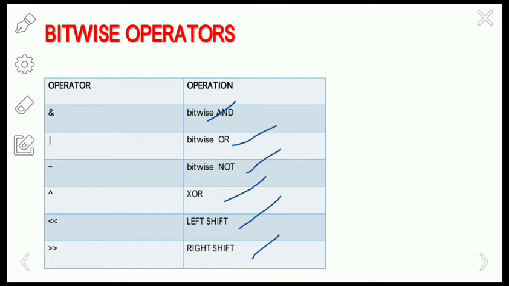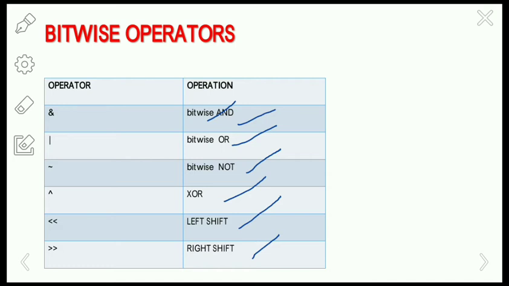In the AND operation it is going to give 1 if both the bits are 1, otherwise it is going to give 0. For the bitwise OR it is going to give 1 if any one of the bits is 1, otherwise it will give 0. For the bitwise NOT it is going to convert 1 to 0 and 0 to 1, that means it performs the reverse operation. And for the bitwise XOR, it is going to give 0 if both the values are same, otherwise it is going to give 1.